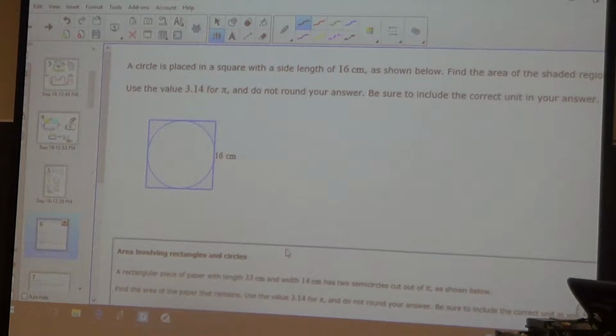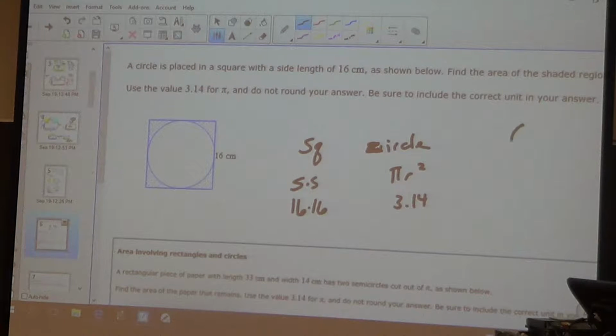What are my shapes? Square. And circle, which doesn't start with a C. The formula for a square is side times side, because all the sides are the same. The formula for a circle is pi r squared. Pi is 3.14. 16 times 16,